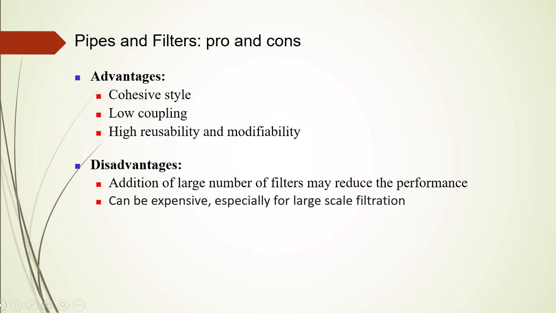But what are the disadvantages? Disadvantages include that the addition of a large number of filters may reduce performance. If we put too many filters in the system, each filter will definitely take time during computation and processing, and we know we have a pipe here, so when data is passed from one filter to another, the pipe will definitely take some time. So if we have a system with too many filters, the performance suffers. No doubt it is parallel; remember that compared to a batch processing system, this pipe and filter architecture supports parallel execution. But still, if we have too many filters,